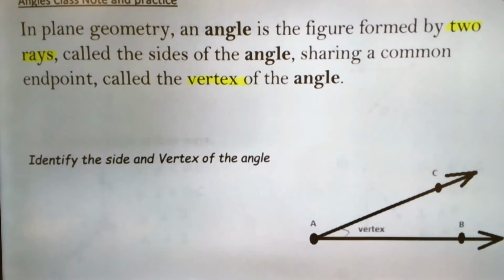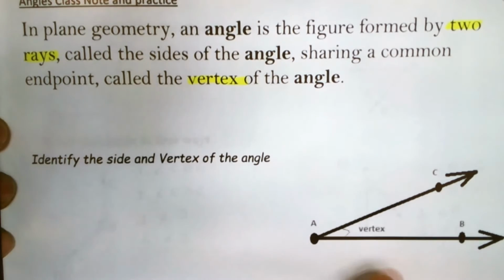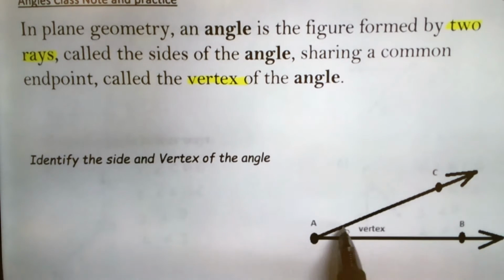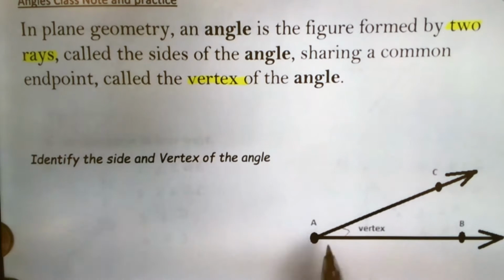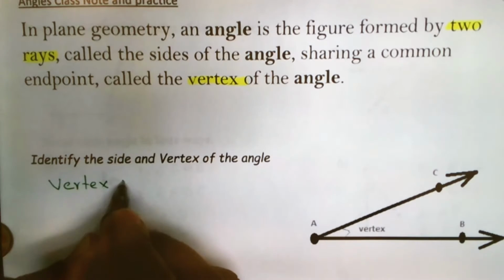So in this angle, it has two sides. Those are the two rays. So the two rays are the sides, and the common point of both rays is the vertex. So here the vertex is A. Vertex is the point A,